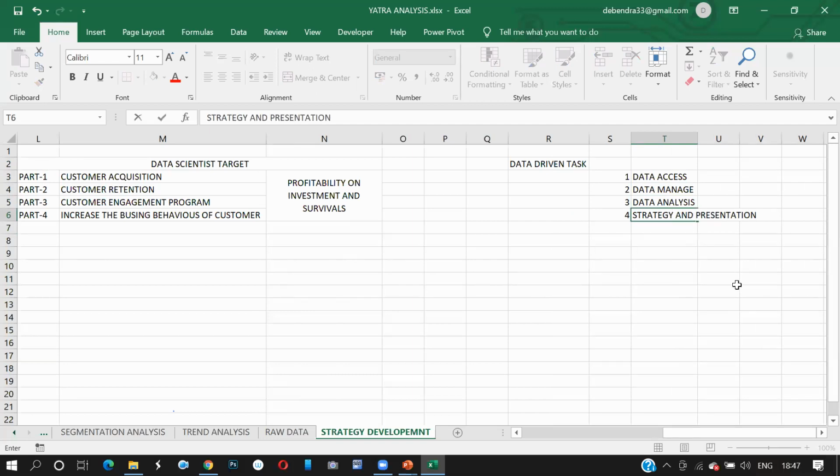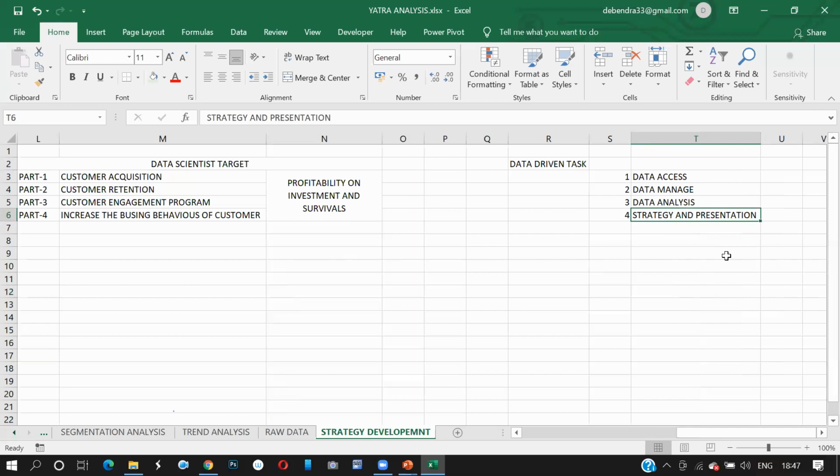Once you make the strategy, how will you go about presenting the business? What should be done further? When should we give promos? Whom should we target? How should we reach customer behavior? Before a customer buys a ticket, you are aware the customer is going to book it, and by this time you start targeting the customer. How will you understand the predictions? By predicting customer behavior and making a strategy from now itself. This is the role of the data-driven task of a data scientist.